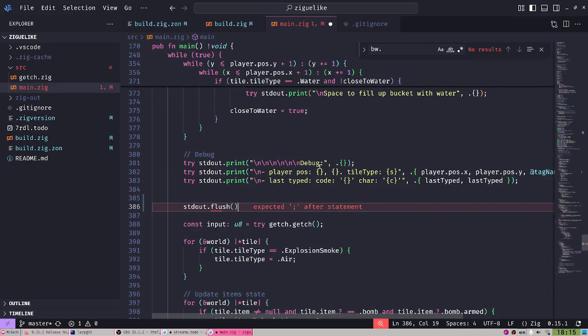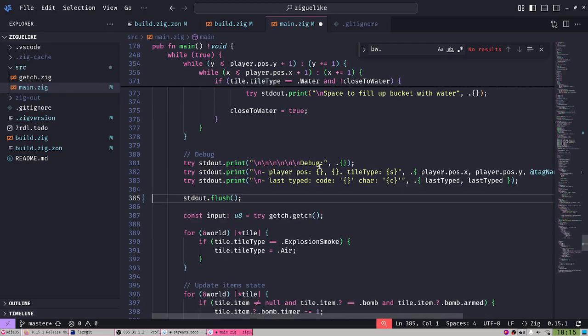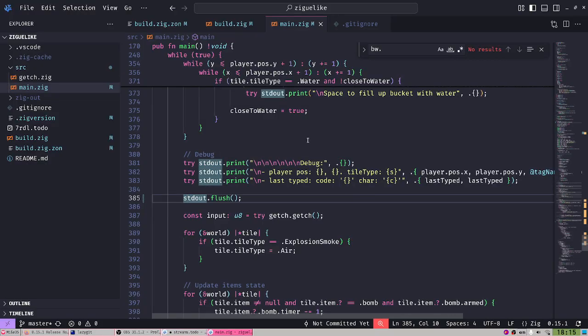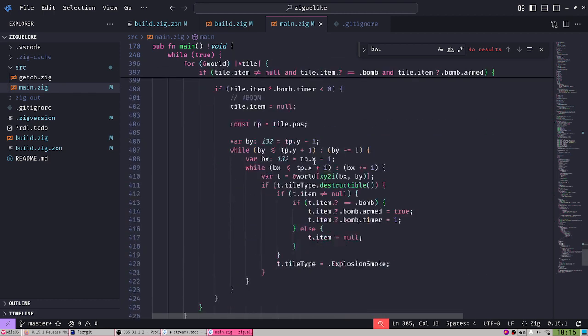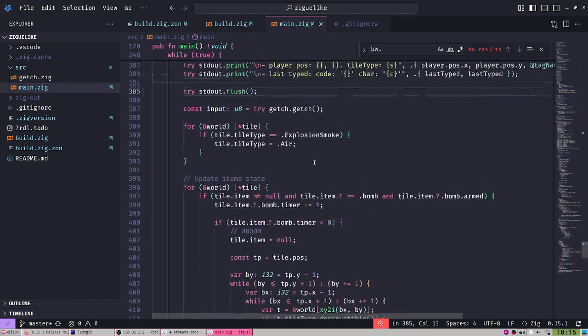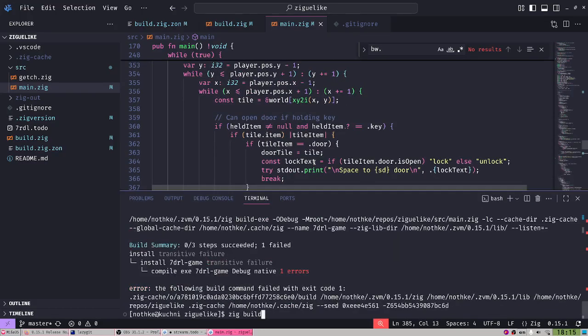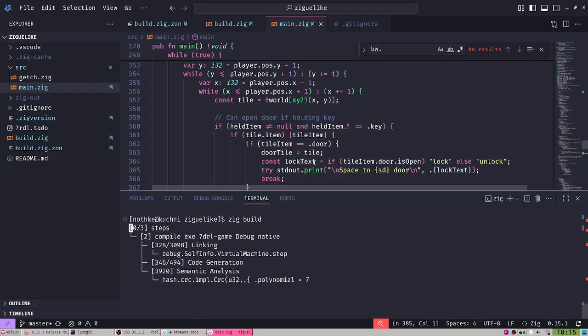We're gonna replace that with flushing here. And does flush return an error? Yes, it does return error. So we have to try flush, there it is. And everything else is the world logic, right? So let's see, have I fixed all the issues?